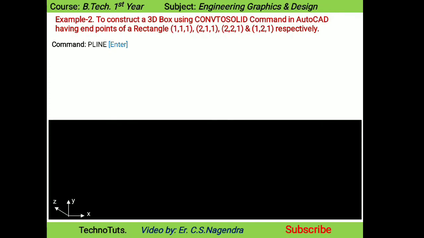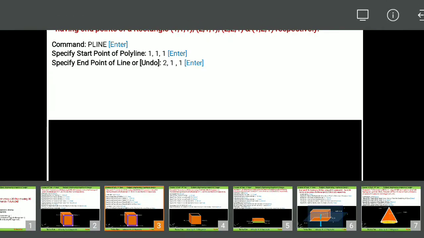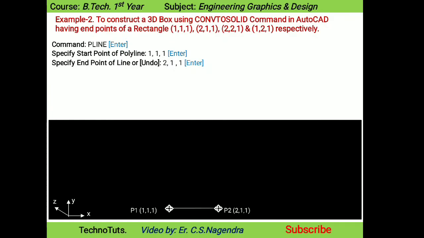So now you will see the viewport will get activated on the screen. Now the computer will ask you specify start point of polyline. So just type there the first coordinate 1, 1, 1 and press enter key. You will see point number P1 will be visible on the screen. Now computer will ask you specify the end point of the line or undo. Type the values of second coordinate 2, 1, 1 and press enter key. You will see point number P2 will be visible on the screen, thus constructing a line from point number P1